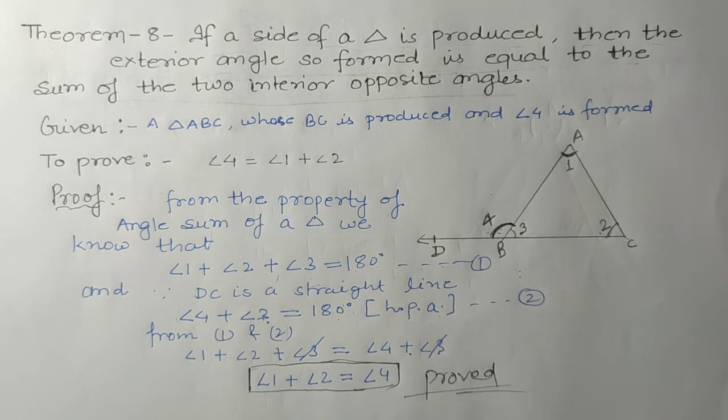Okay students, the most important thing that you should remember is both the results. In the last theorem we have seen that the sum of all angles of a triangle is 180 degrees, and in this theorem we have seen that the exterior angle of a triangle, when one side is produced, is equal to the sum of the two opposite angles. That theorem is known as the angle sum property of a triangle. This theorem is known as the exterior angle property of a triangle.